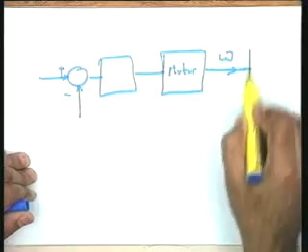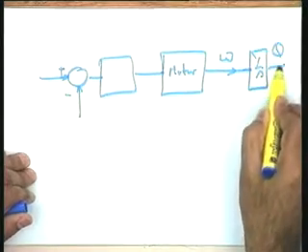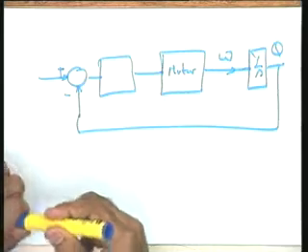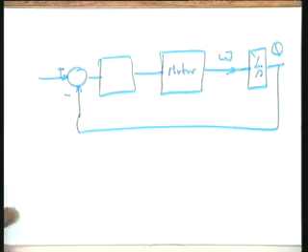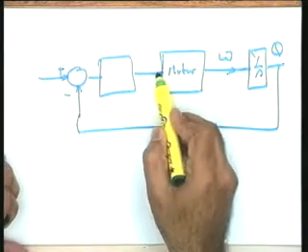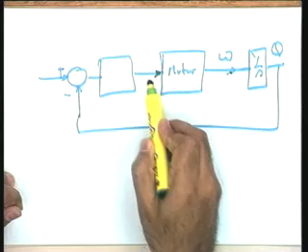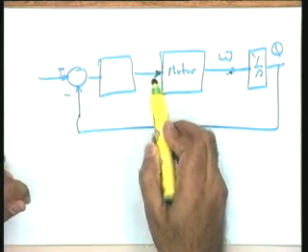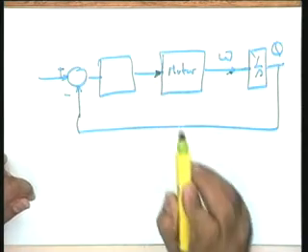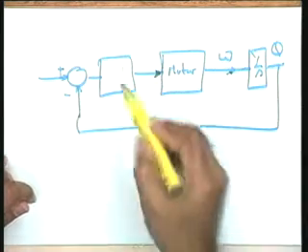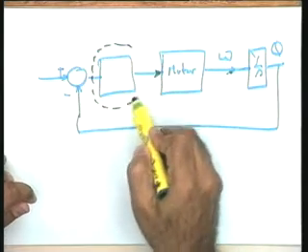Omega over here, 1 over S, theta over here, this theta is being fed back. Now please note my point. What I want to say is that I have taken the transfer function between omega and the input to the motor. The input to the motor is control phase voltage. Now that will depend upon this device.